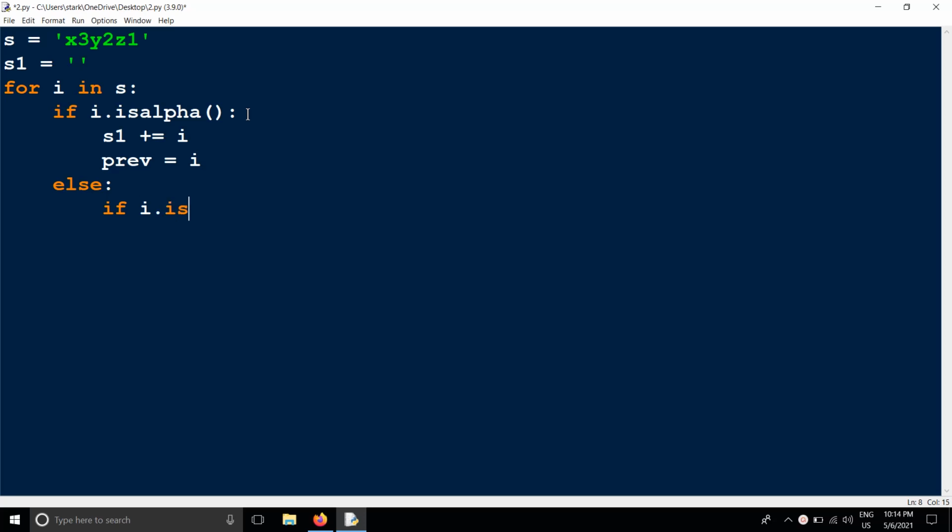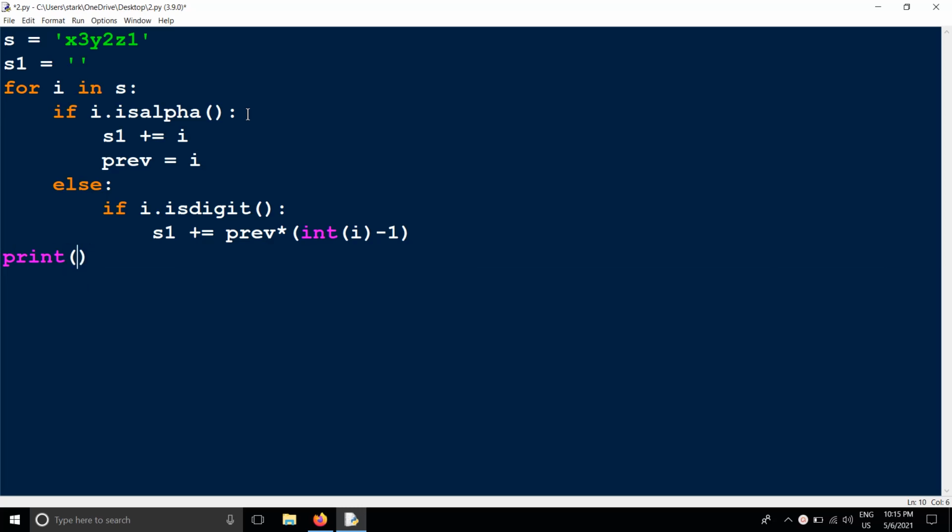If it is a digit, I'm using the isdigit method, s1 is equal to s1 plus previous into int of i minus 1. Now we'll be getting the output.